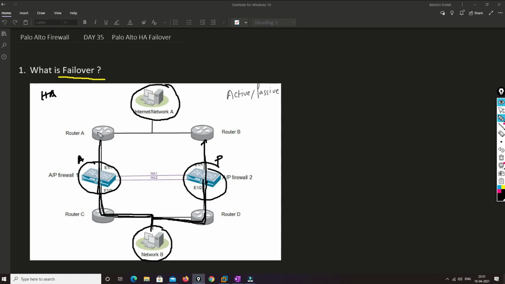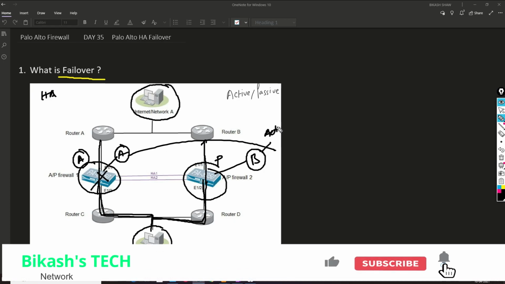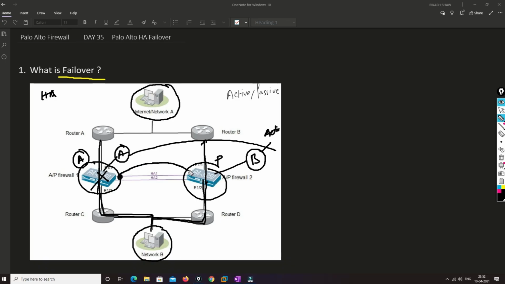So what exactly is failover? Let's suppose firewall A is active, let's say this is A and this is B. If A is active and B is passive, and something goes wrong on this device, if this fails and B becomes active, the transition from A to B is called failover.